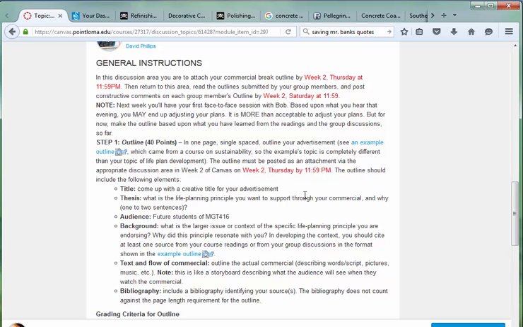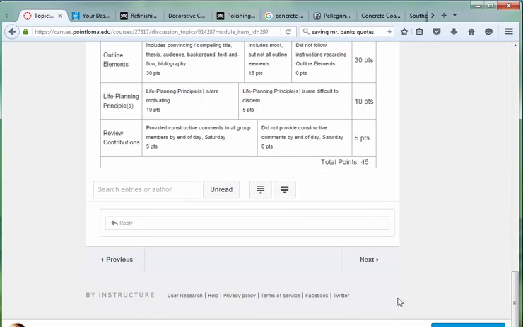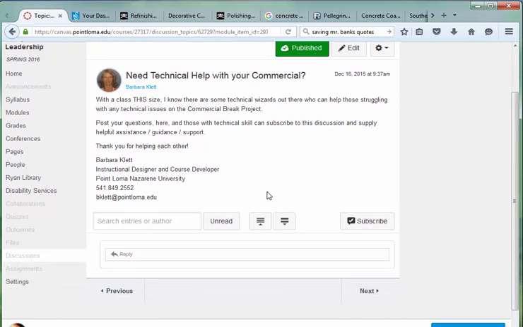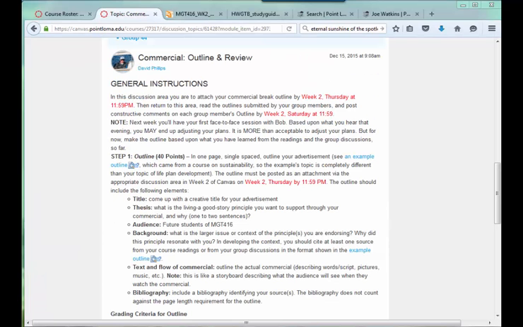Now please know they can change their outline. That would be fine, or they don't really need to change the outline. They could change their product. It may not match their outline that they developed, but we're looking for them to grow. And then I did add a little discussion in there if they need technical help. Sometimes students are really good at helping each other with technical issues. So that's not a graded thing. It's just for people to help each other.